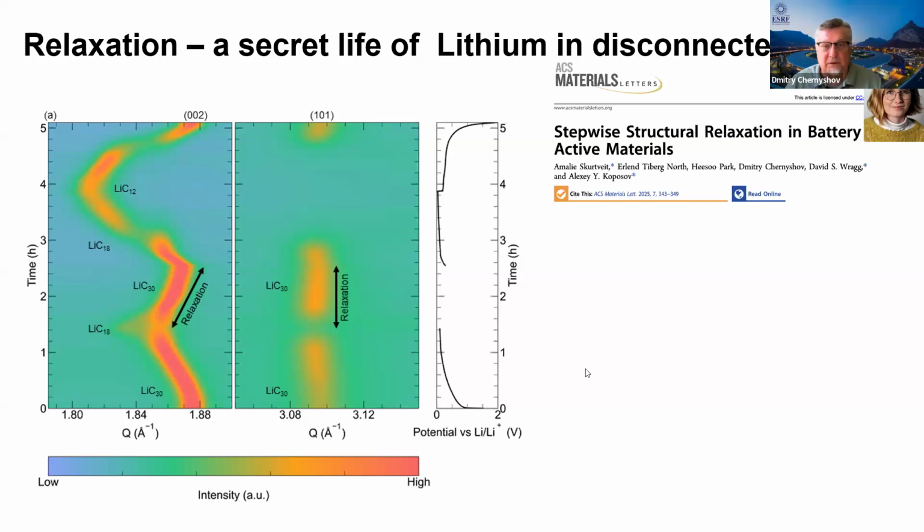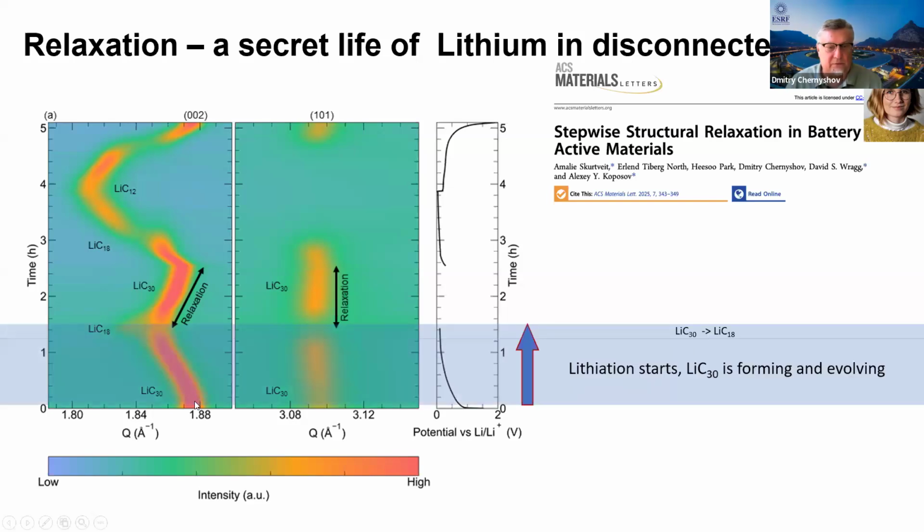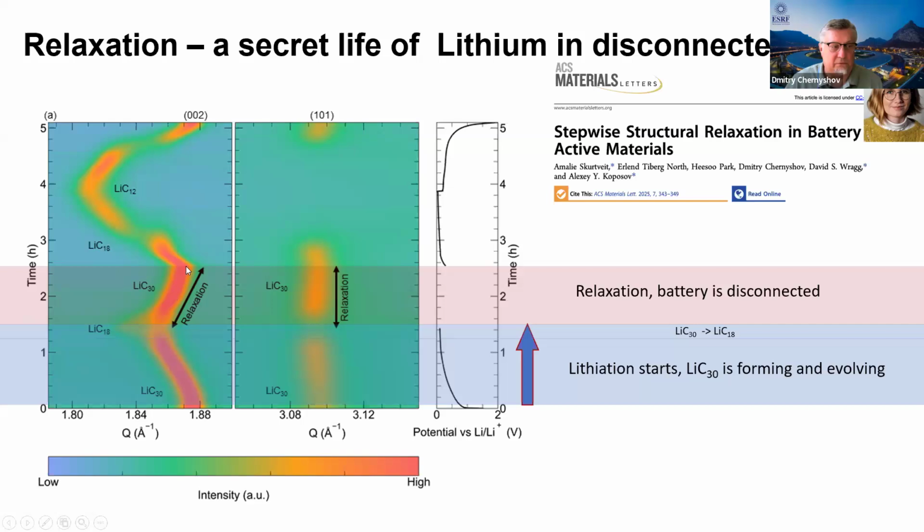If we just stop charging our battery, what happens there? So this is a lithiation of carbon, which starts in the beginning. So we form and evolve the LiC30 phase. At a certain moment, there is a transition to LiC18. And at this point, we disconnect the battery. But we still keep measuring diffraction. And we see that there is quite a big life for a few hours. The system